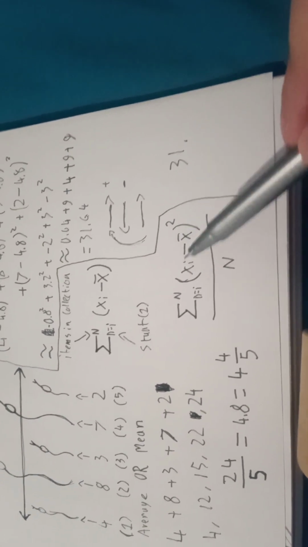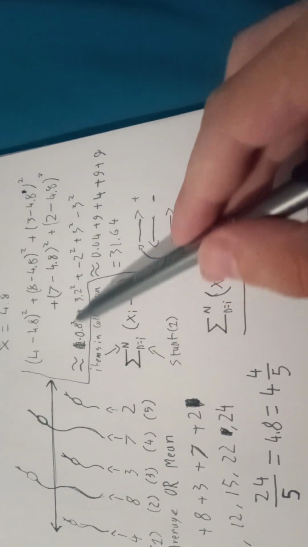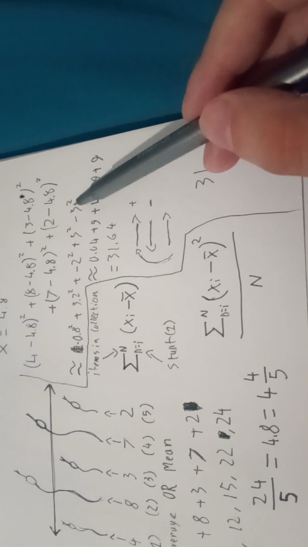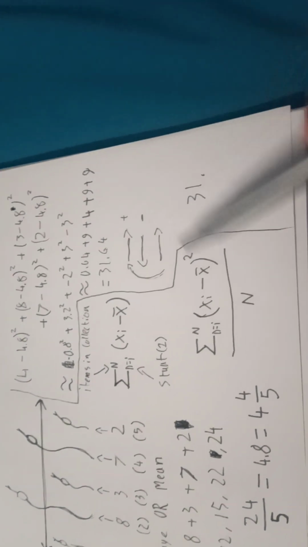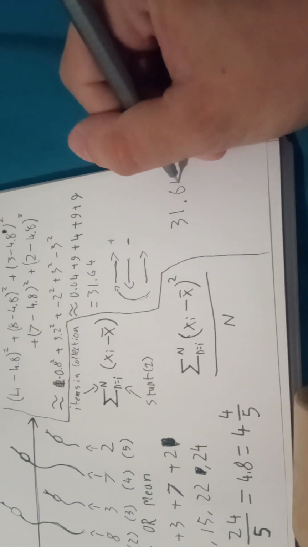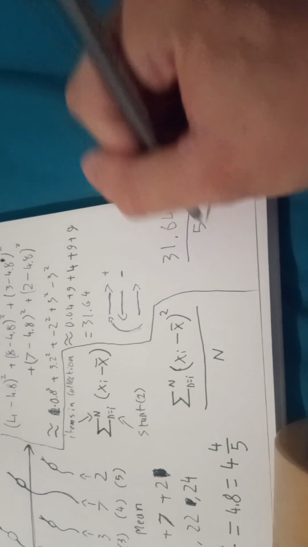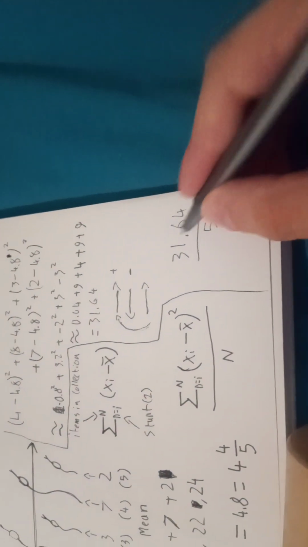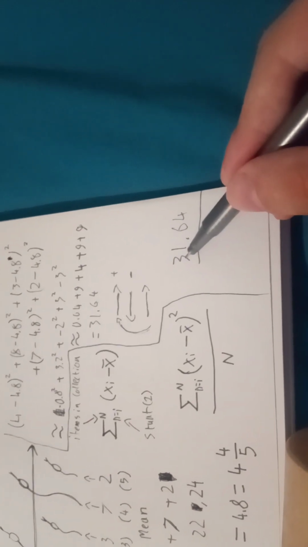We're going to go through every item and we're going to do this, and we're going to get these values. Then we're going to square them and add them all up, and then finally we're going to divide them by the number of items we have, and that will give you this,